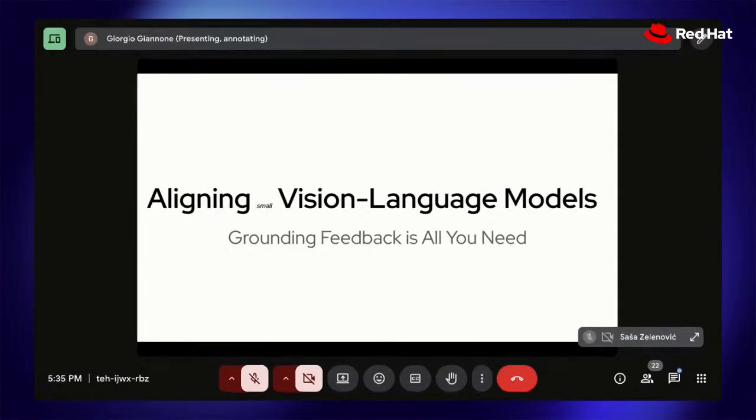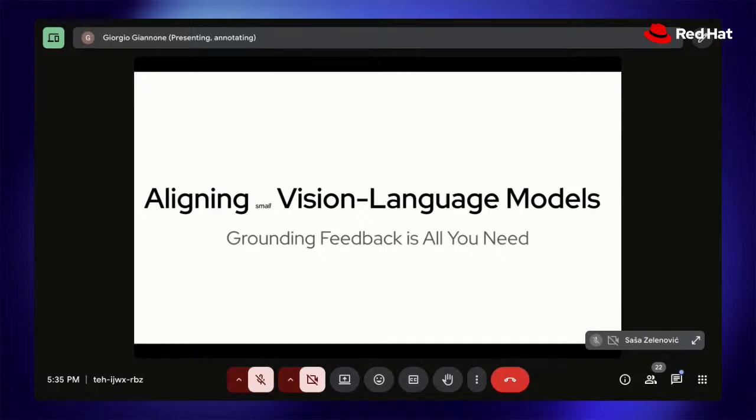Great pleasure to introduce our speaker, Giorgio Giannone. He's been a long-time collaborator with us back when this group was at MIT IBM. In fact, he's been around with us during the late night hours. We've sort of pulled him in, working on this whole language model customization, even back when it was called InstructLab. So we've been working together for a long while, and